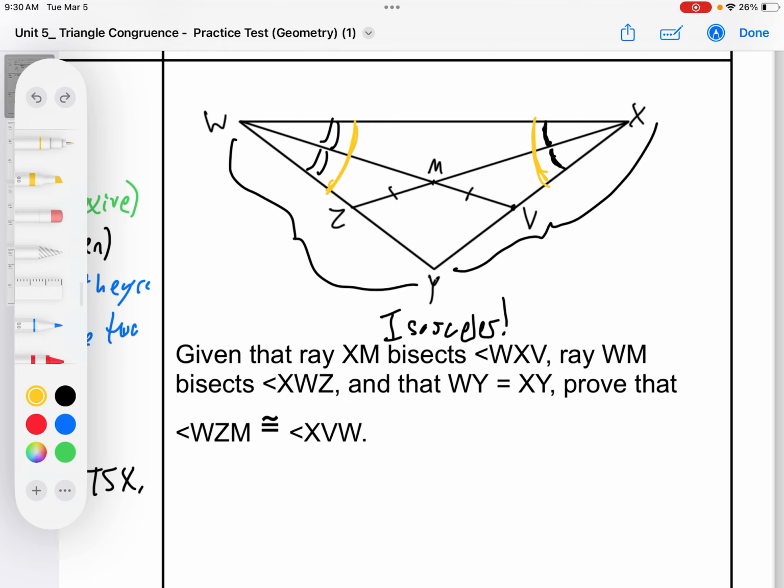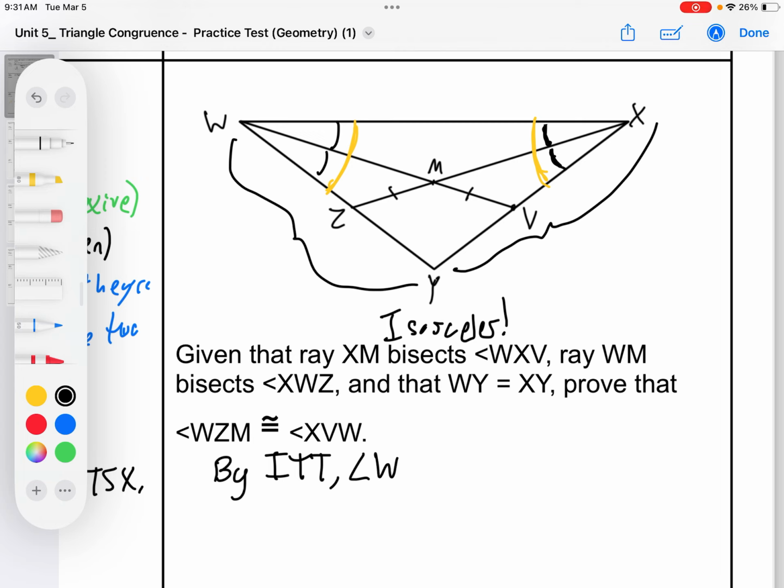So let's erase some of this stuff. We don't need this anymore because now these markings can match with these markings. Let's write down what we've figured out so far, which is that by the isosceles triangle theorem,